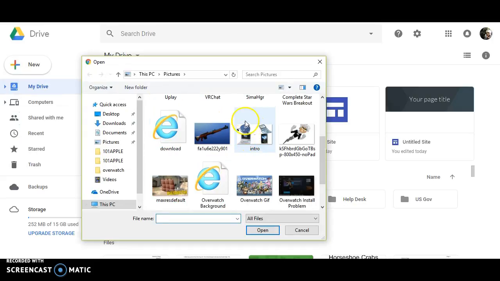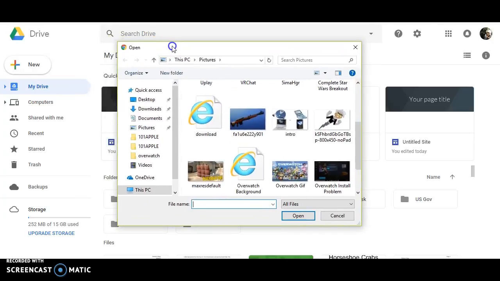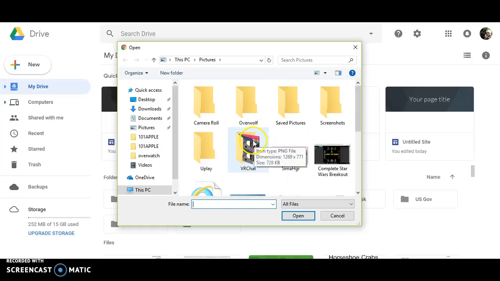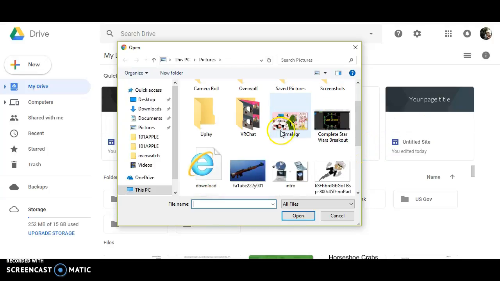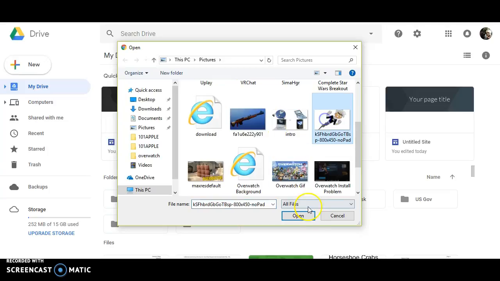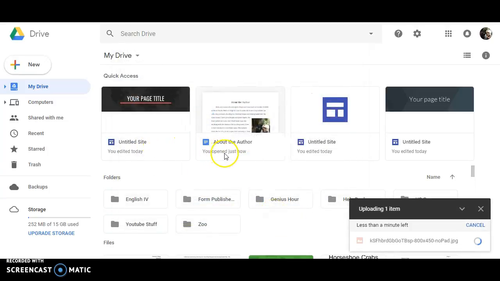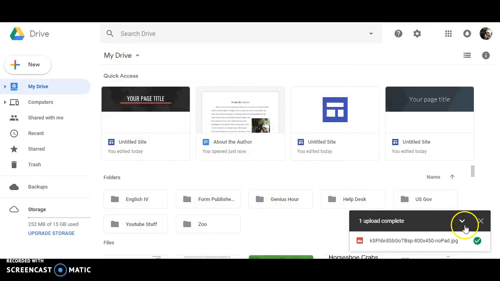What this allows you to do is it opens up your file manager, and it allows you to put any pictures or any documents into your Google Drive, which we will put the Danny Phantom Going Ghost thing in, and it should have this pop-up menu, one upload